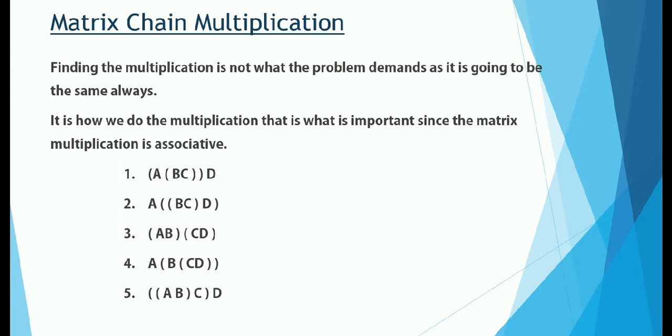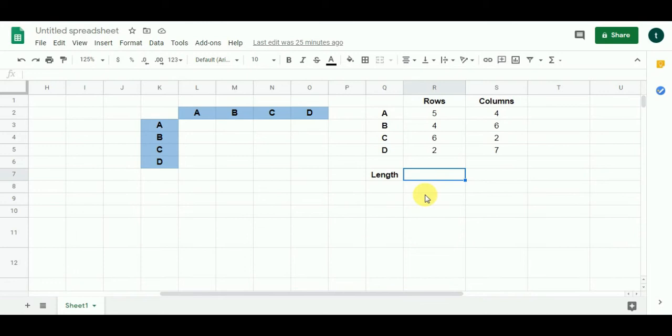So let's jump to the framework now and crack this problem. Here we are at our framework where we are going to formulate the algorithm to solve the matrix chain multiplication problem. This is the matrix which we are going to fill in order to get our solution, in order to get exactly the way by which when these 4 matrices are multiplied, the cost is going to be minimum. As you can see that I have put all these matrices over here. These represent the rows and these represent the columns.